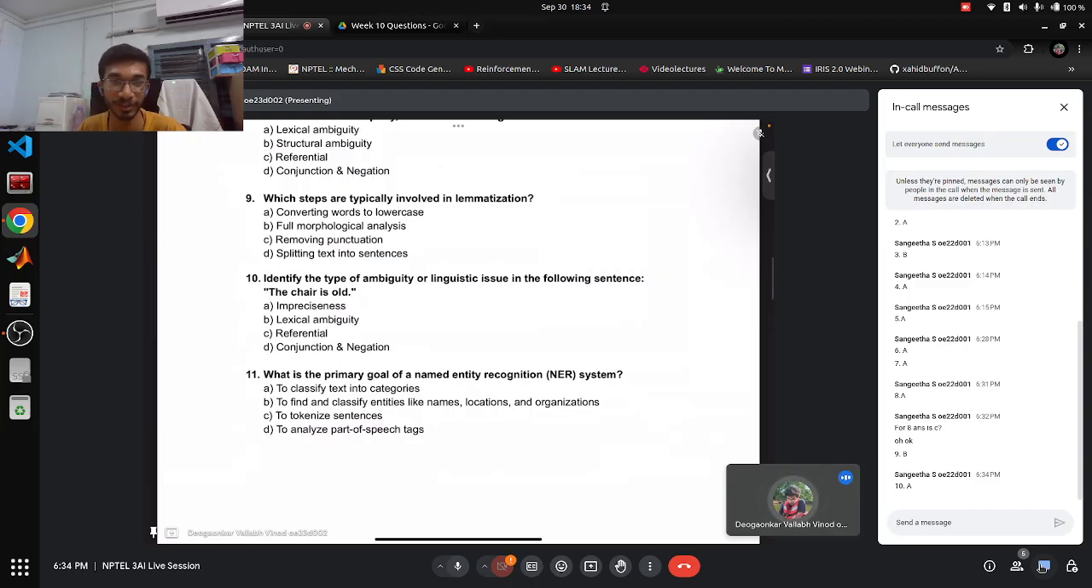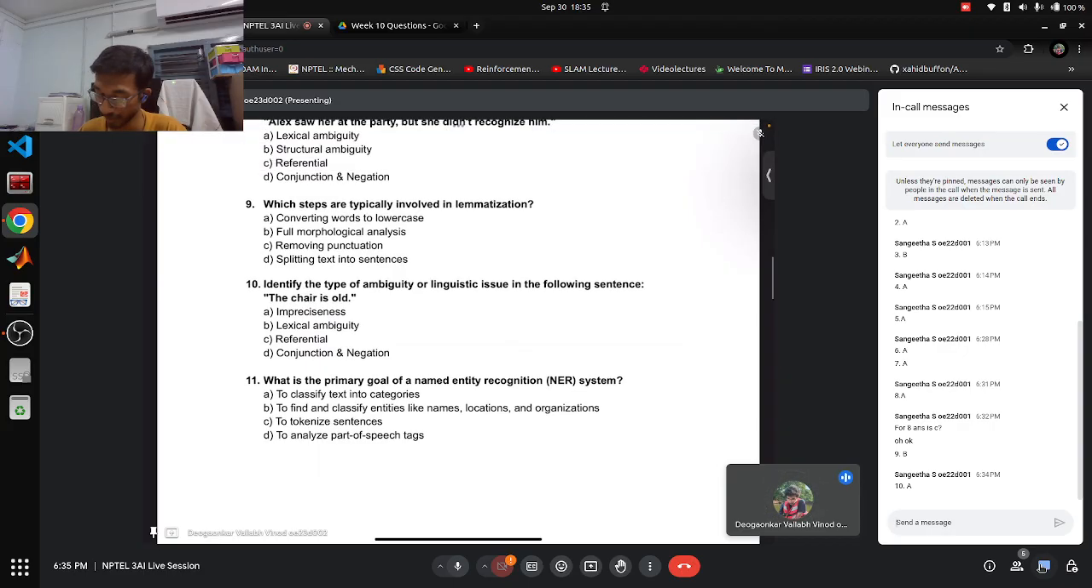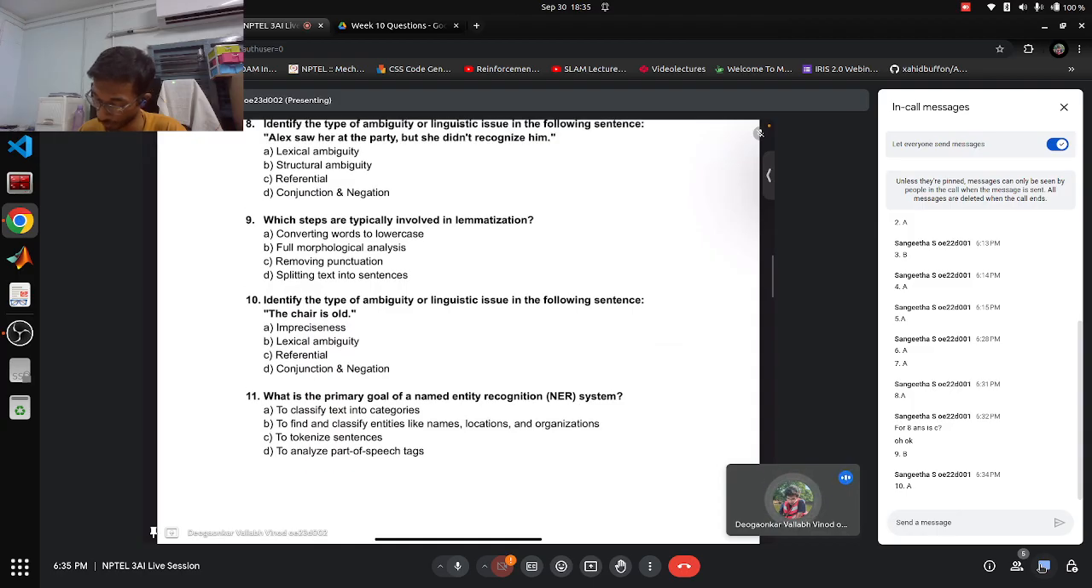For the 10th question, we are supposed to identify the ambiguity or linguistic issue in the sentence. "The chair is old" is just a statement, and it doesn't precisely tell how old the chair actually is. So that is the impreciseness in this particular sentence, and it can also somehow be considered a part of lexical